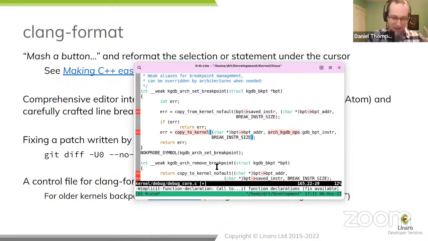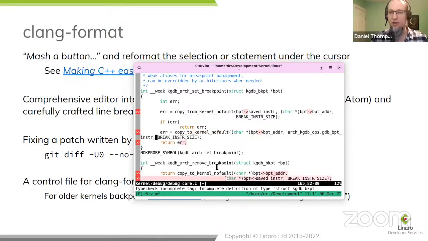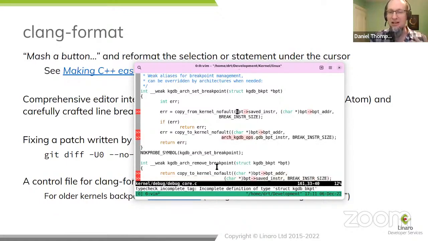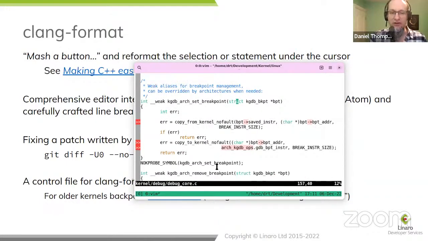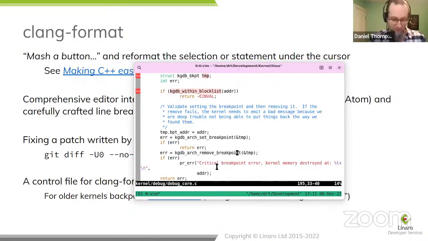It makes making changes to code really quick. It's useful when you're writing. It means you can just write it all on one line, bash it out like that, and then press tab to get appropriate line breaks. But it's even better when you are reformatting code and changing it in certain ways, because you can just mash that button and it will fix it for you.